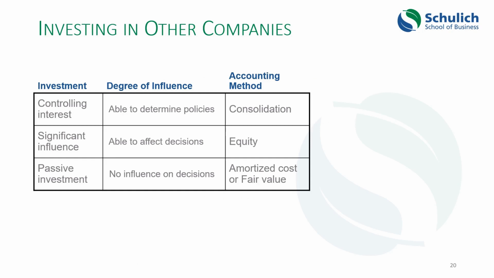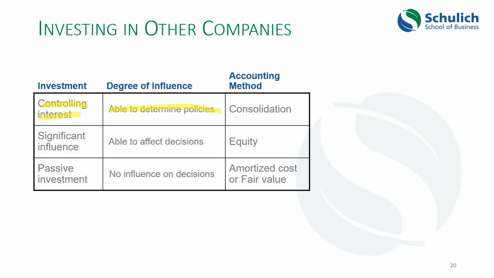When a company is investing in another company and it has a controlling interest, so more than 50%, it is actually able to determine the policies of the company, including things like executive compensation, the election of the board of directors, and so forth, the appointment of the auditors. All of those things are decisions made at the AGM based on the voting pattern of the shareholders. And if you own more than 50% of the shares, you get to control those decisions. And of course, you probably have positions on the board to represent your shares. And even at board meetings, you have a significant ability to influence the decisions that are made by the board.